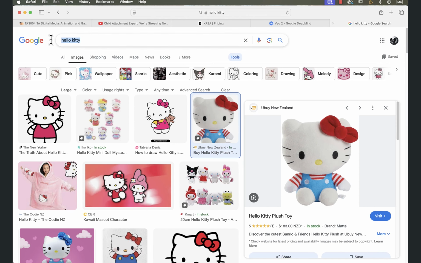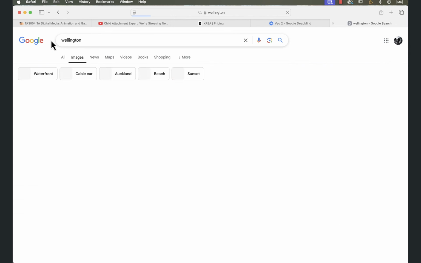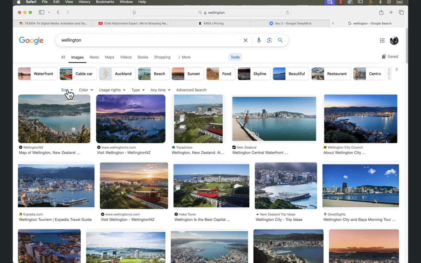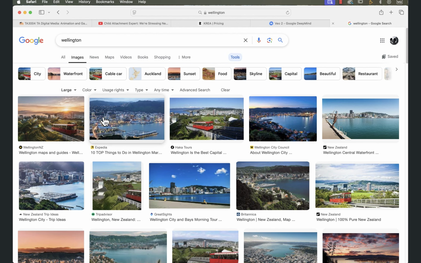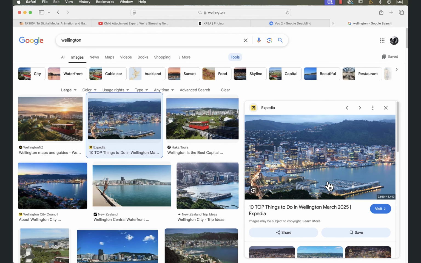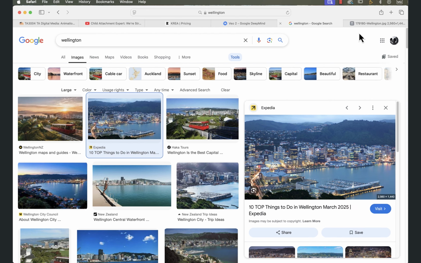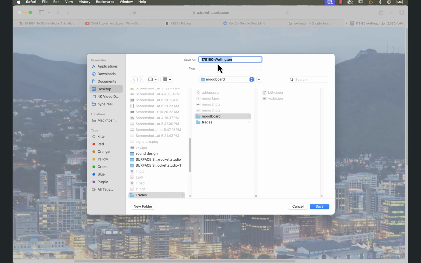Cool, and then find something else that works. Again, tools, size, large. Yep, great. So we need to have 20 images at least